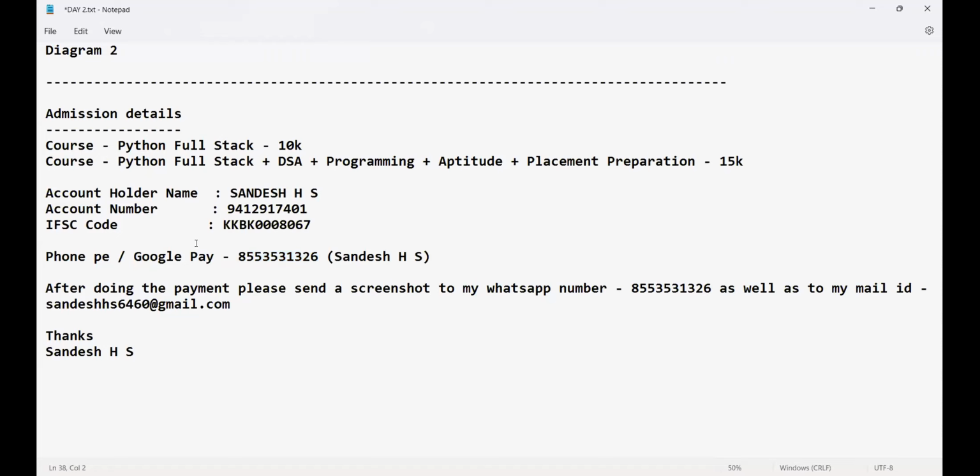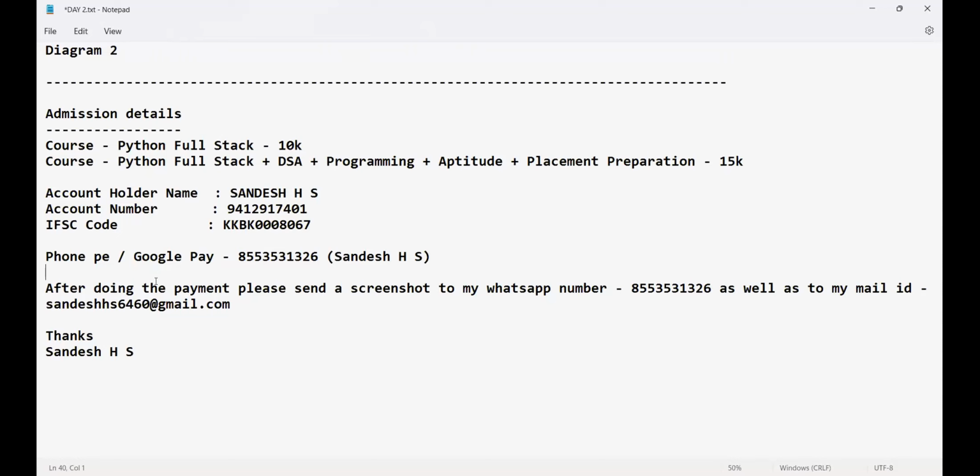Sir, every month I'll pay 1,000, sir. Before completing the course, only 5,000 is what I'll be collecting. That's the reason. 100%, if you go with the installment, fine, but you have to contact me before doing the admission for that. Okay. This is my PhonePe number, and you'll be getting a receipt from me.